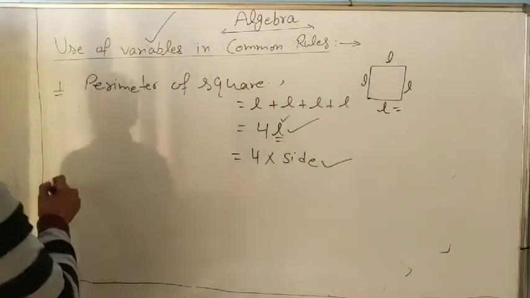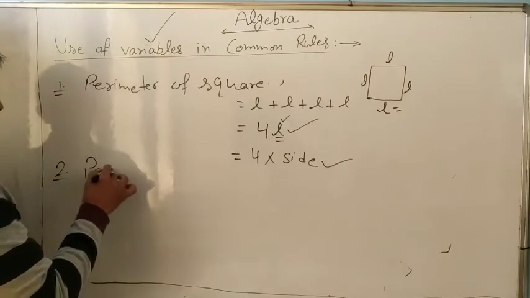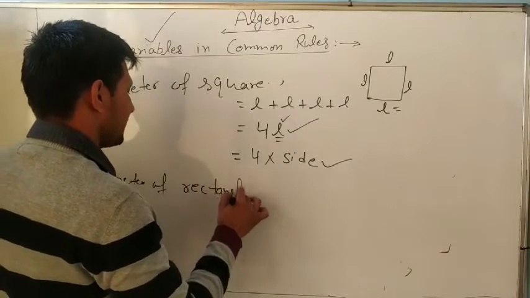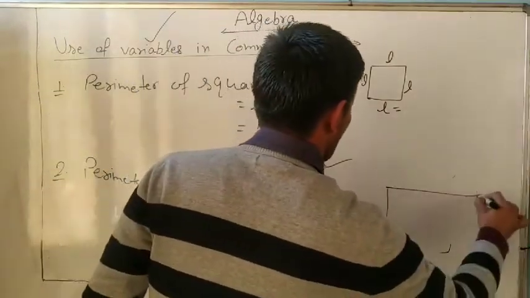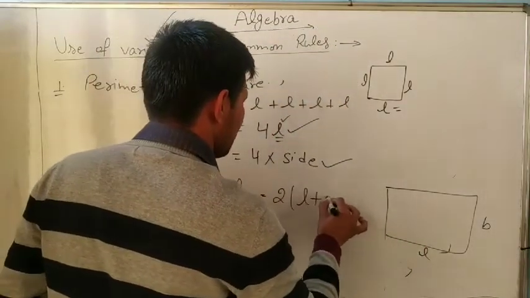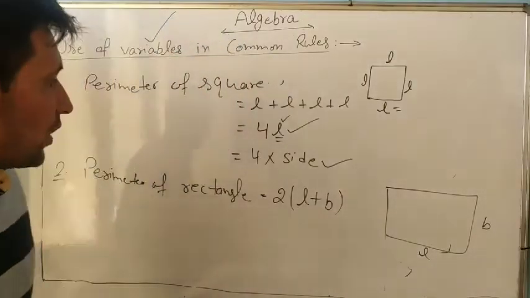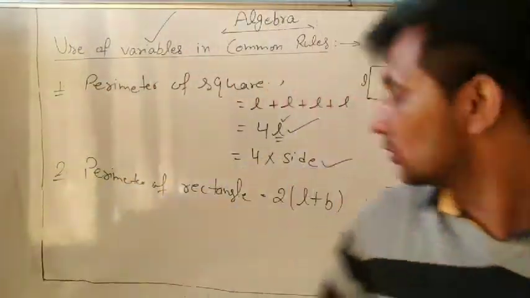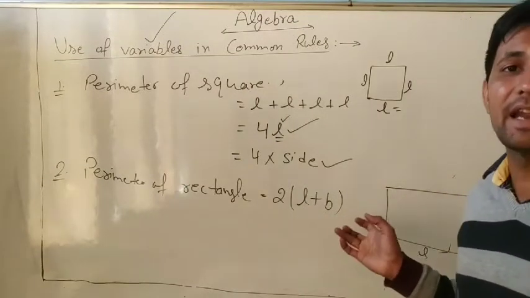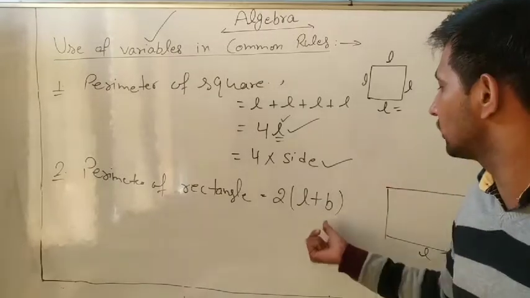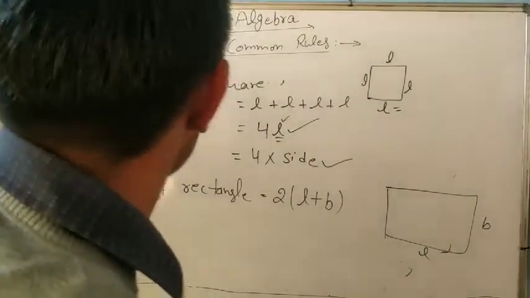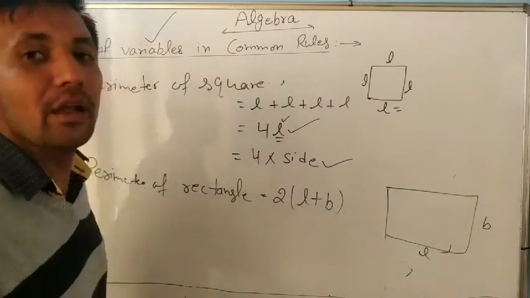Same as it is, the perimeter of a rectangle. Everyone knows the formula. It has length and breadth. So what is it? 2 multiplied by L plus B. We already learned this. So 2 into L plus B. L and B are variables here because maybe L is 2 centimeters, maybe 100, maybe 10, maybe 15, but the value is not fixed. Therefore they are variables. Understand or not?